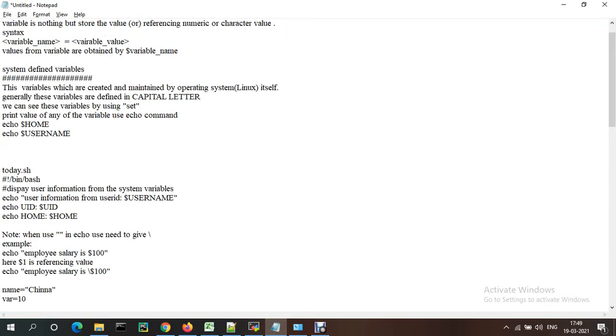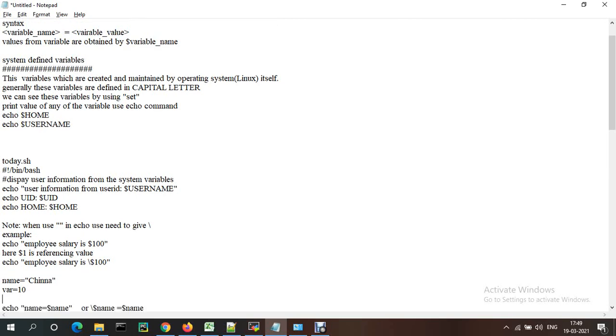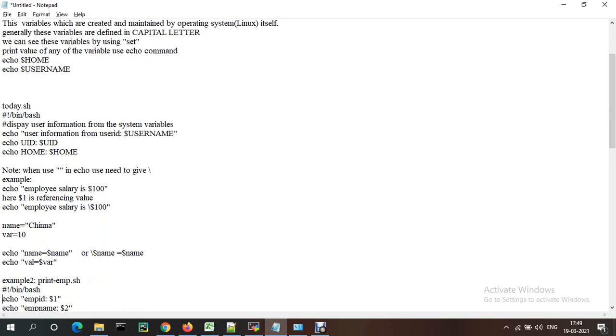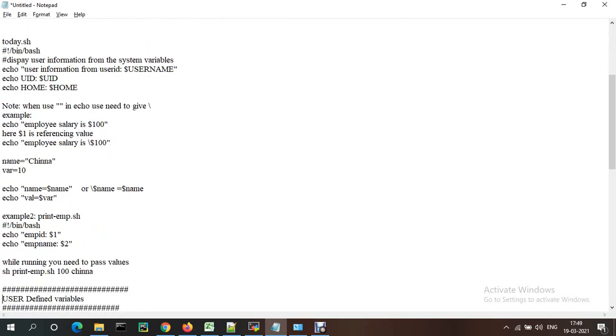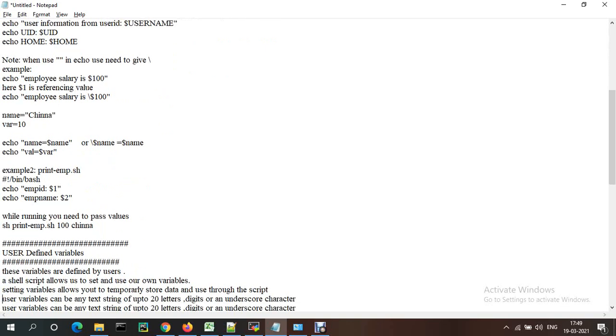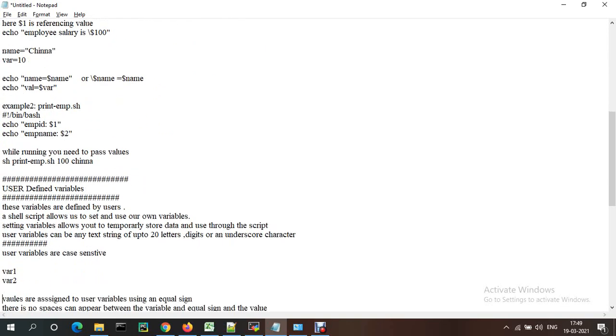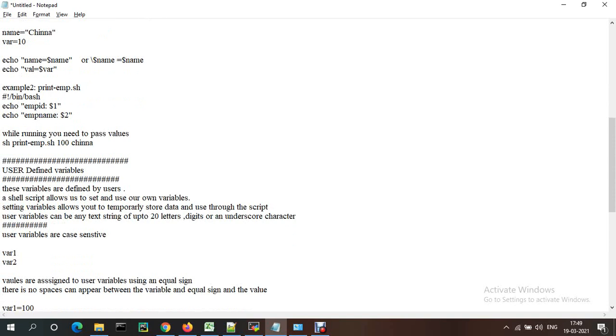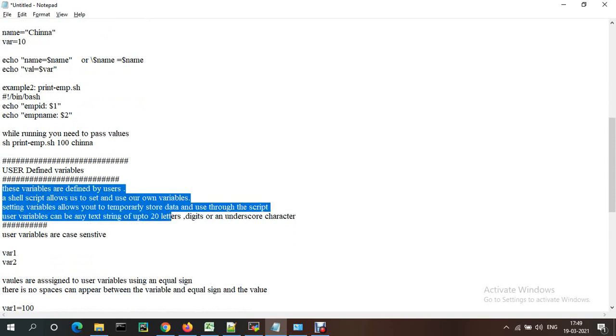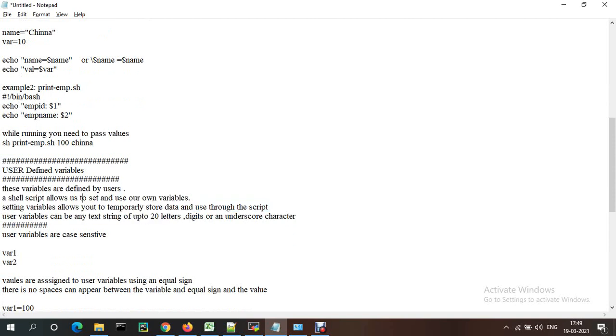Let me check. These are the system defined variables, and coming to the user defined variables. Okay, in user defined variables, the shell script allows the user to set your own variables.